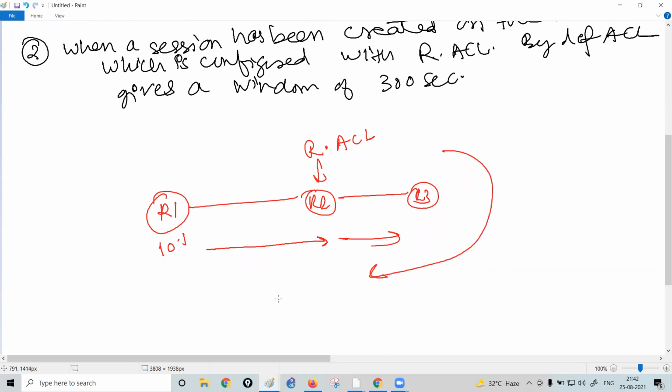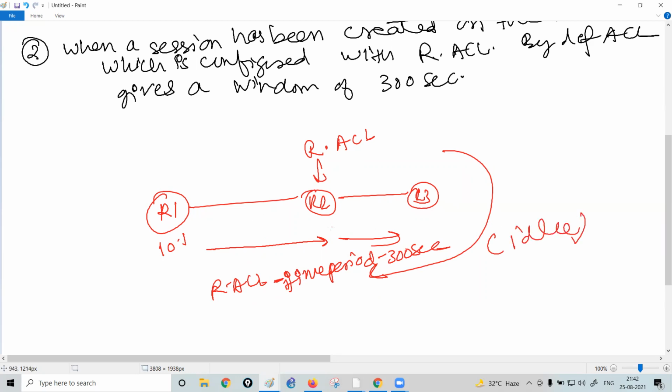Now, in yesterday's class, we have seen that when the reflexive ACL is created on a router, by default, the time period is 300 seconds. That means that is the idle time.